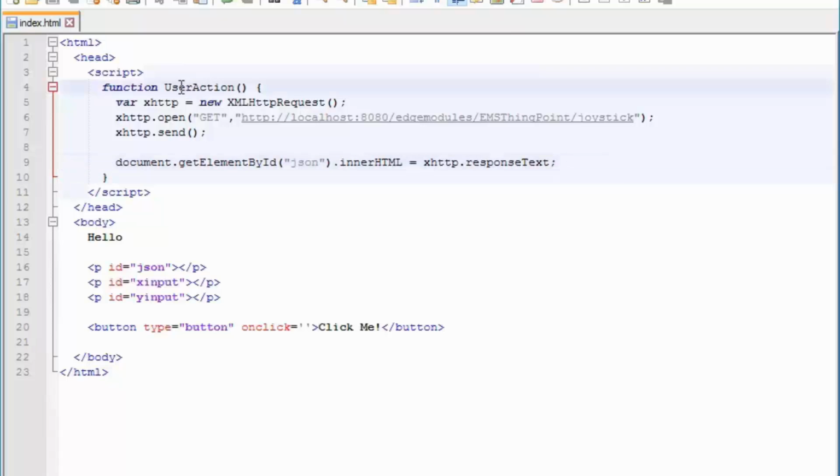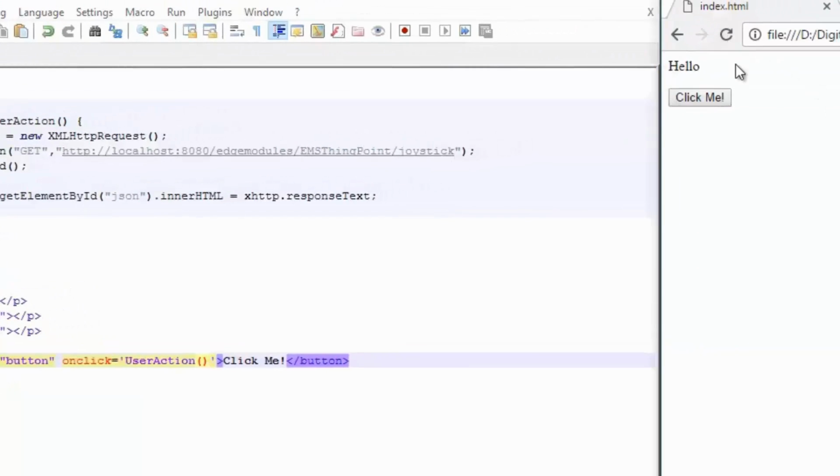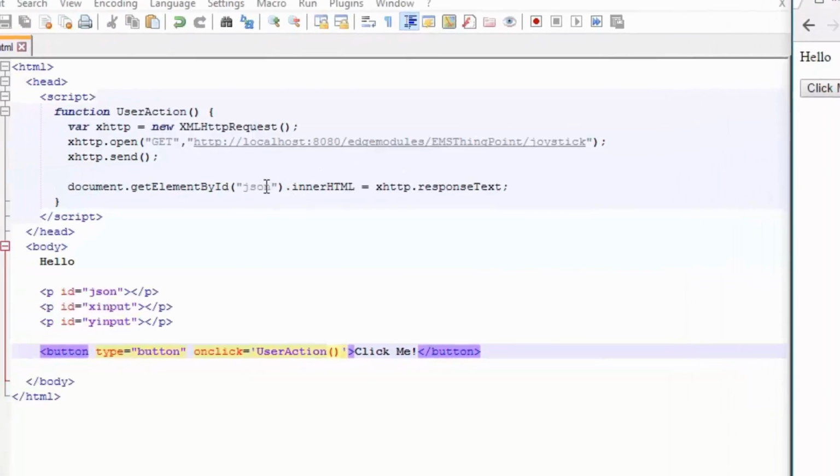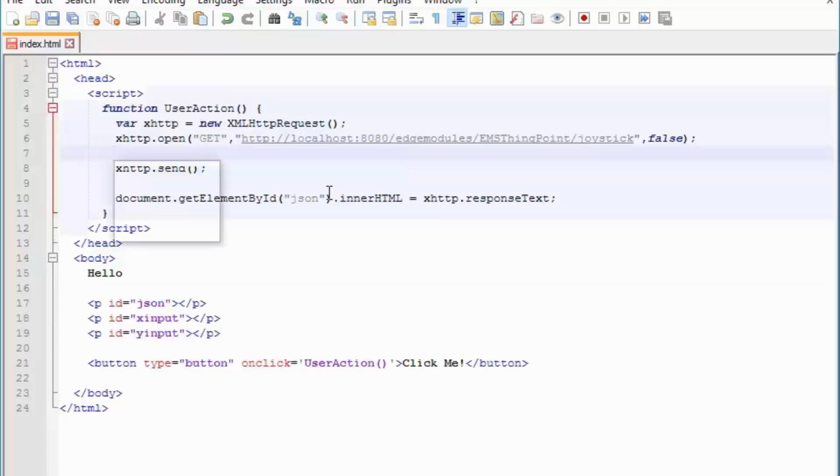Now, in order for that method to be called, all we need to do is paste a call into the onClick event. So we're now going to call the user action, which should go off and call our endpoint and come back with some data. Let's give that a try. I'll refresh my page over here and click me, and we didn't get anything back, so let me check why that might be. I'm missing a parameter here, and I'm actually missing